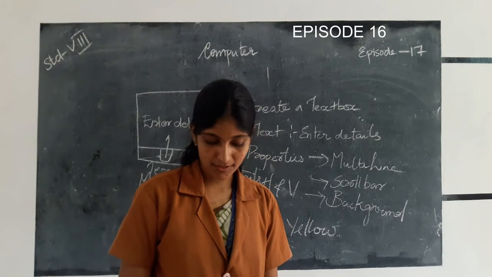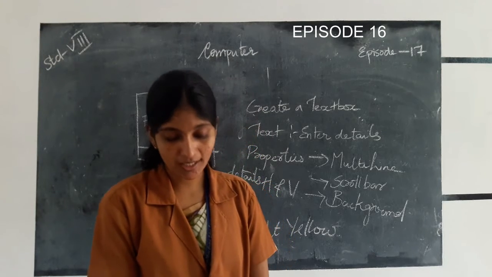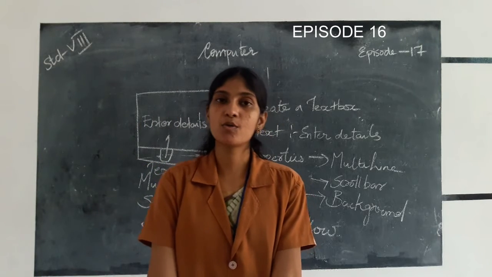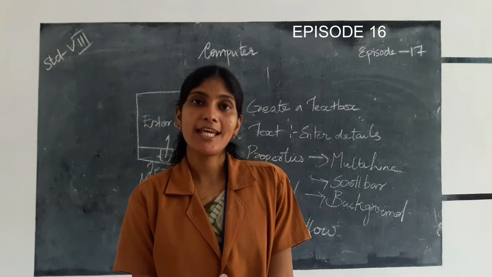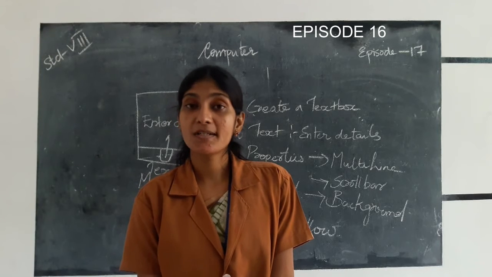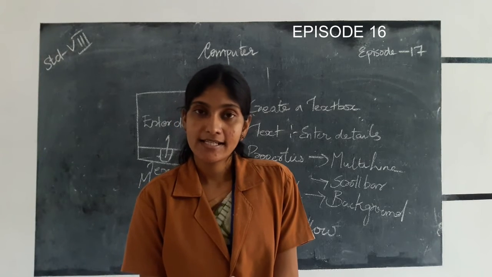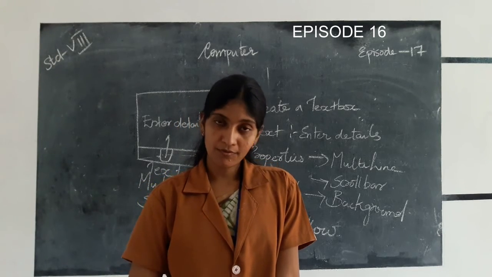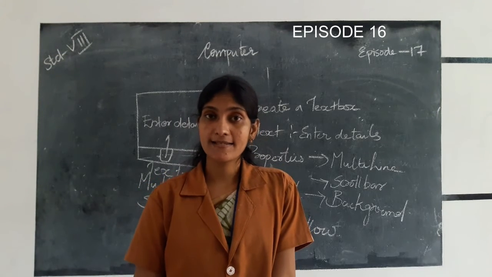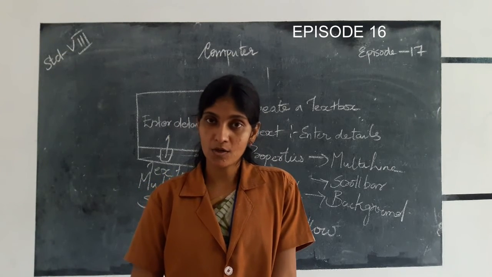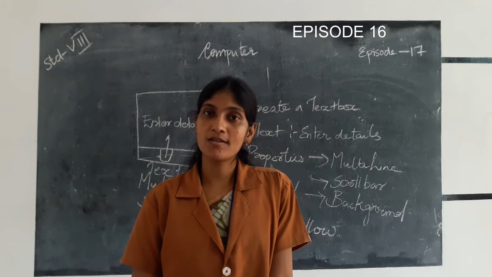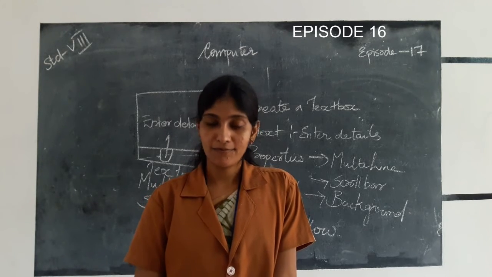Then once again, what are the things we have discussed today? First, changing the font properties for a control. How to change the font properties? That means click the font property and there is a button. Click there and a dialog box appears, and you can select the type of the font and also size, then color from it.